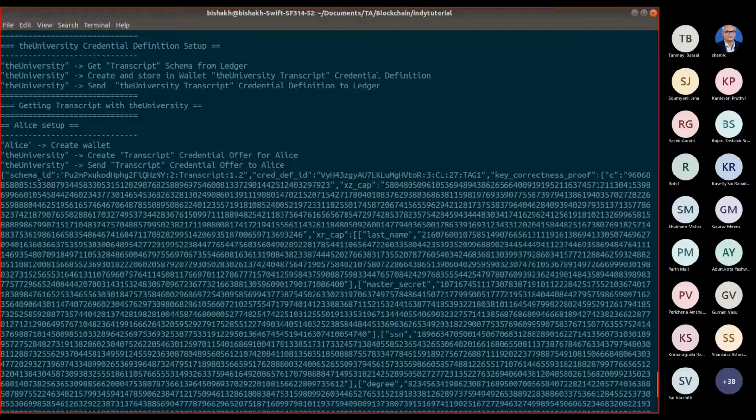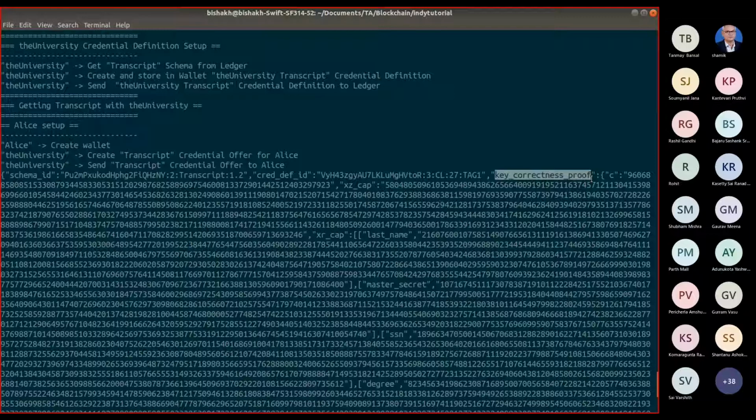The offer has a schema ID, and also a credential definition ID, and then it has a key correctness proof.